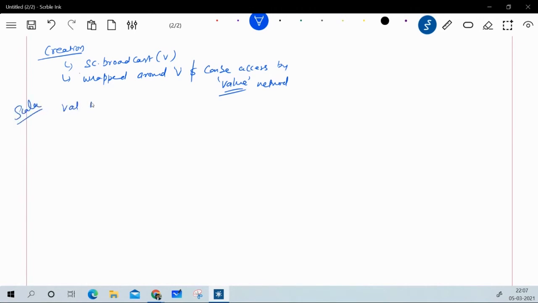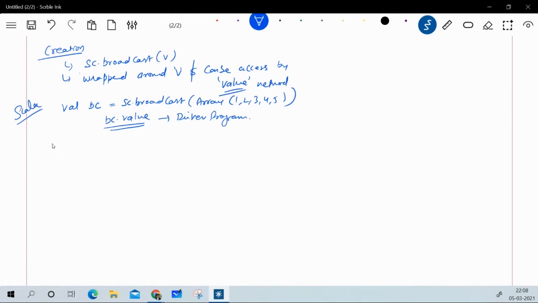The Scala code will be like val broadcastVariable = sc.broadcast, and then I'm using an array and passing 1, 2, 3, 4, and 5. Now I can use broadcastVariable.value, and then I can see the exact value in the driver program.